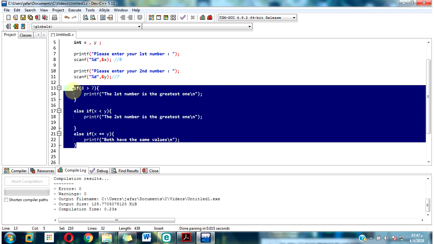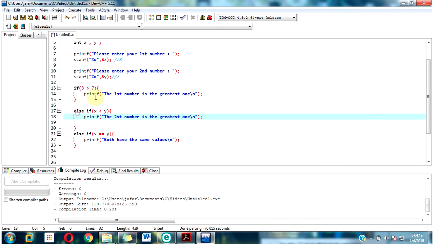Okay, your program will not check for these conditions. If you put 7 and 8, so here we get 7 and 8. Is 7 greater than 8? No. So your program will skip this and go here. Is 8 greater than 7? Yes. So your program will print this and will ignore the rest of the